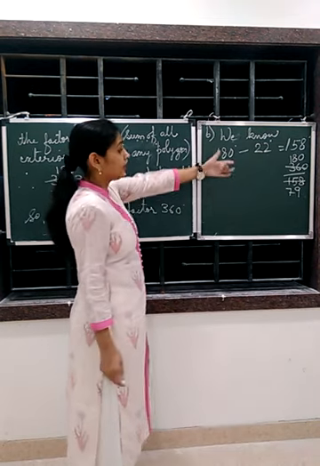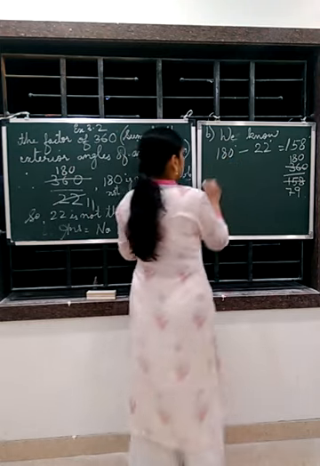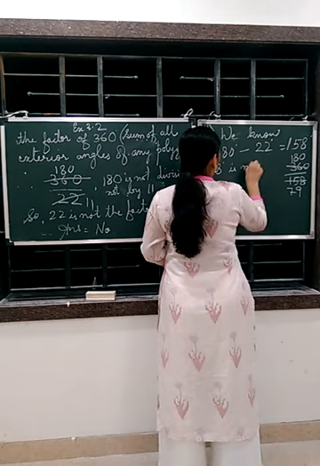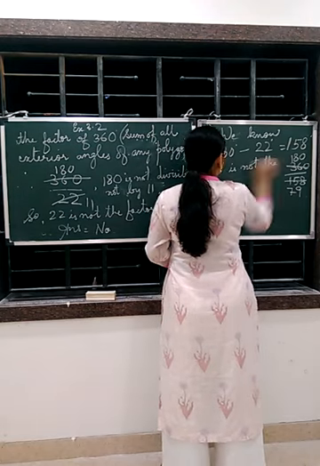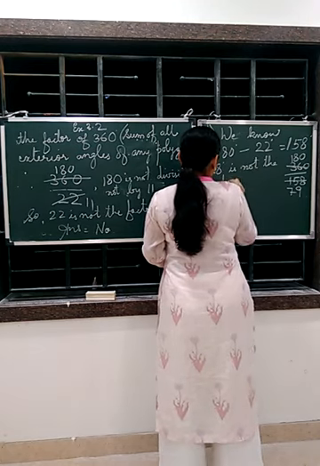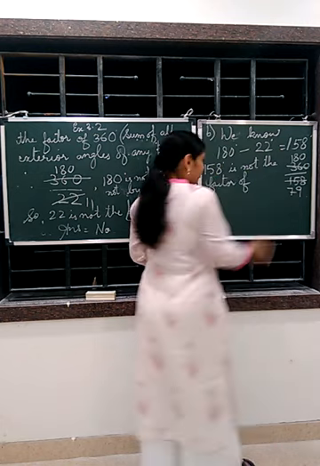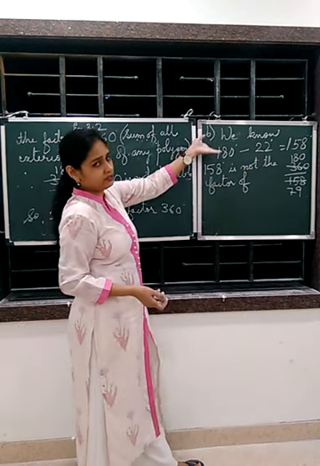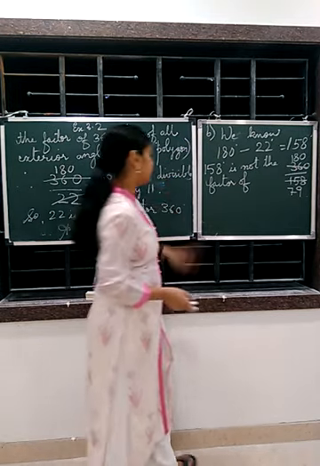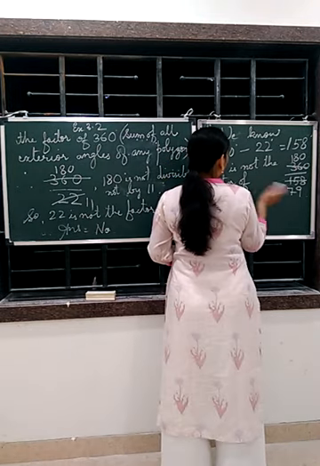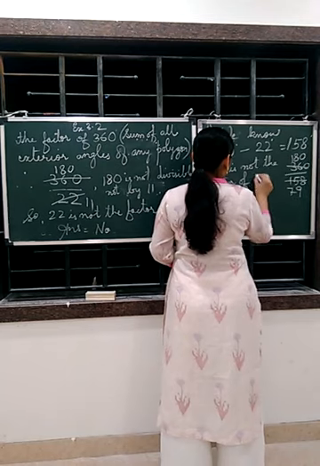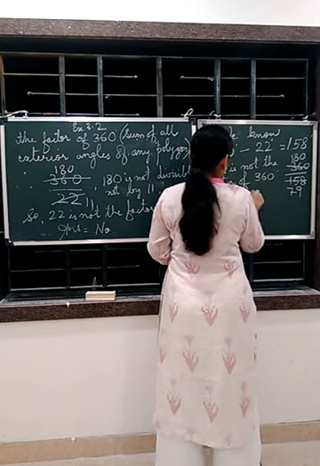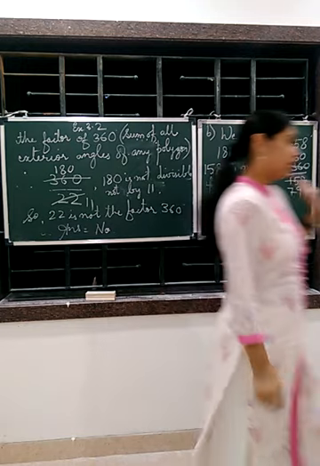Again 158 is not the factor of 360. 158 degree is not the factor of, actually if we don't write this also, because A is no, so obviously B will be also no, but still we are solving it. 158 is not the factor of 360 degree, so answer is again no. We have given the reason.